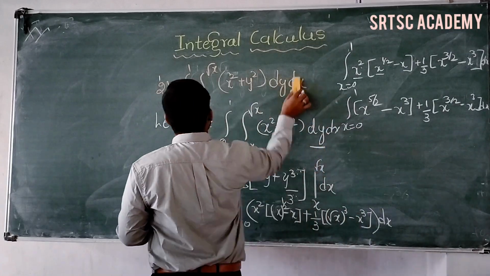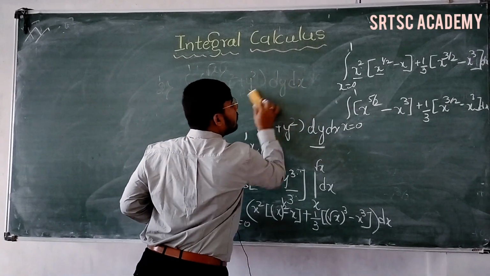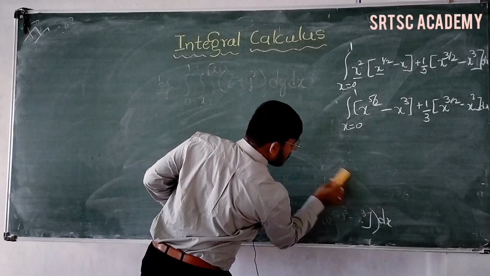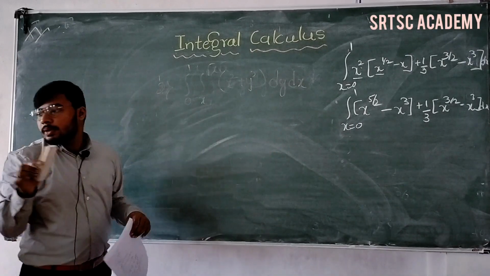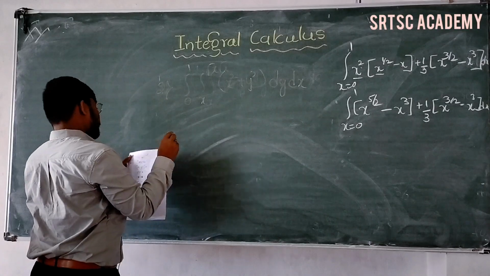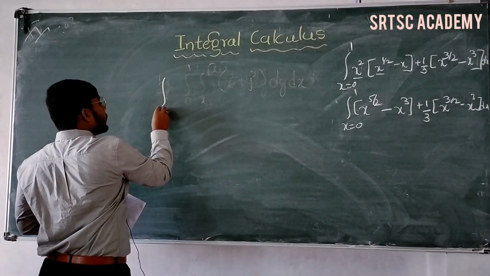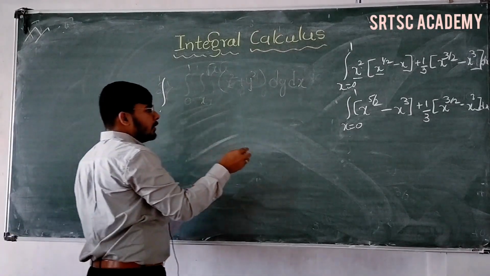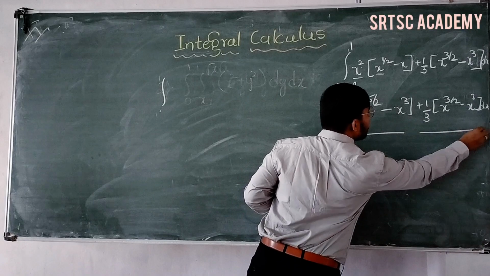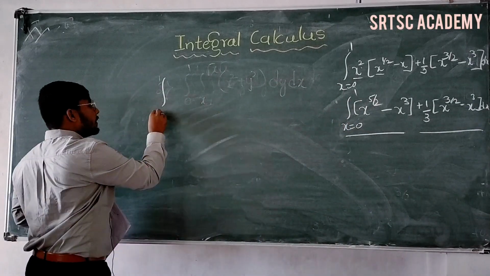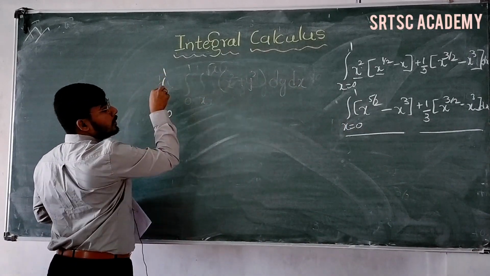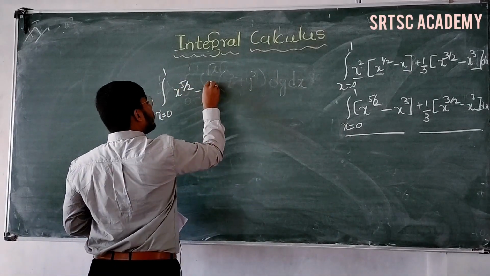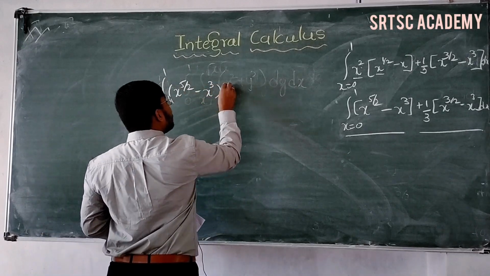I will separate this: this part and this part. x varies from 0 to 1, x to the power 5 by 2 minus x cube, this is my one part, dx,